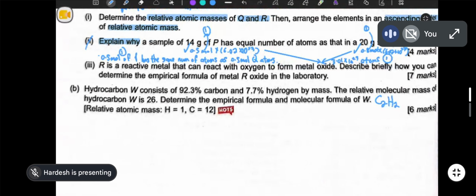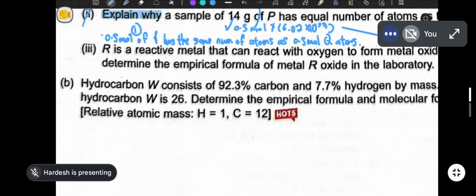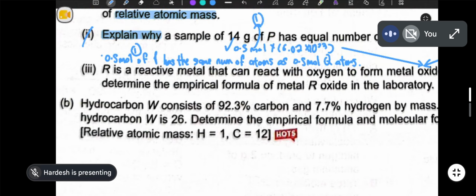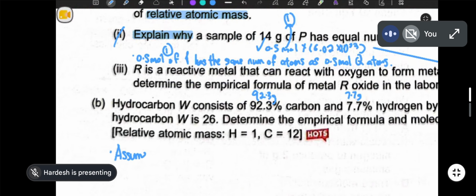I'll explain. Okay, Vanisha, can we do something interesting a bit? I want you to tell me what steps to do. Okay, tell me what to start with. Start with the C and H, the mass and number of mole and then the ratio. So you want me to change all this to 100 grams first, is it? Yes. Okay, so this one 92.3 grams. This one 7.7 grams. So first thing you guys must write is, assume that hydrocarbon W